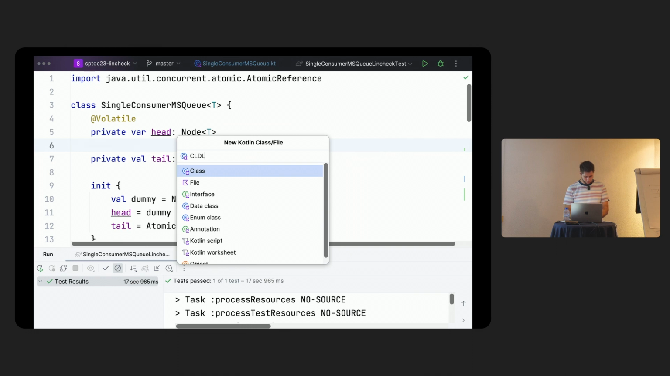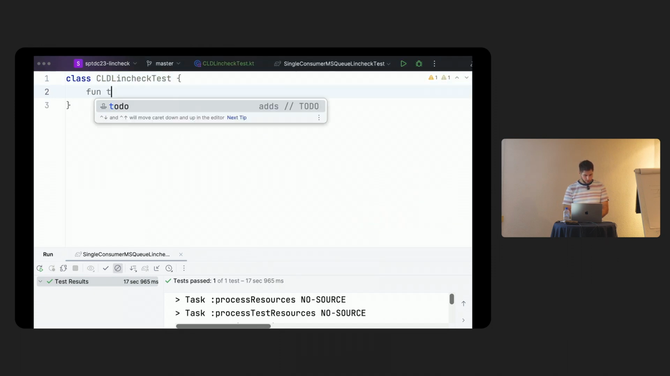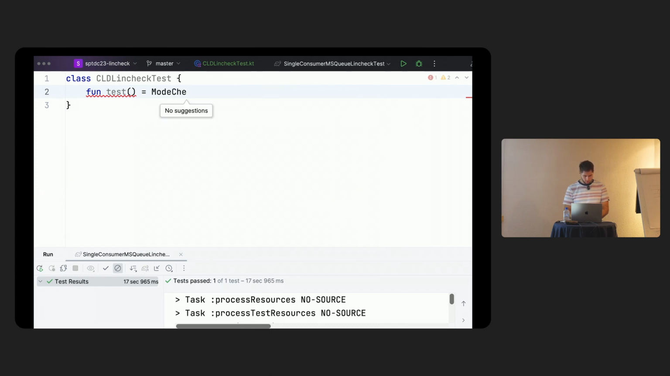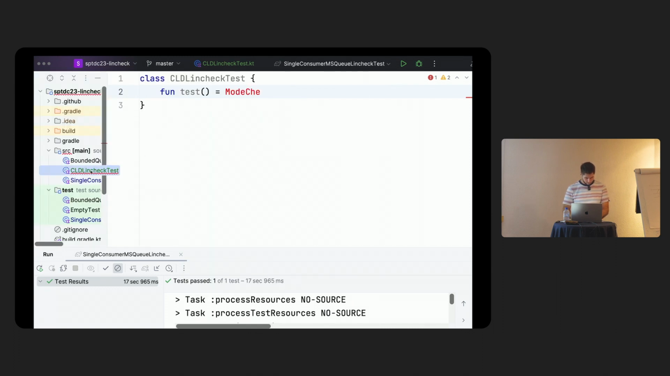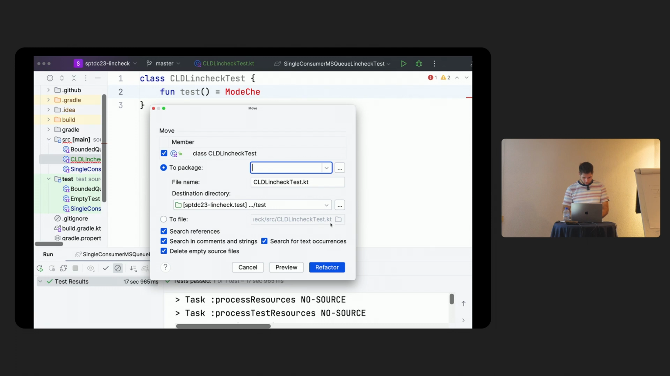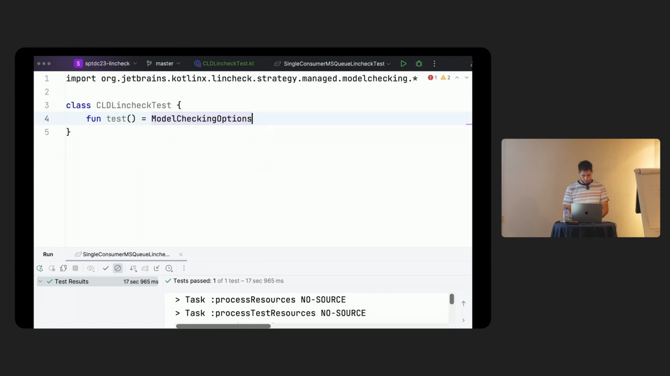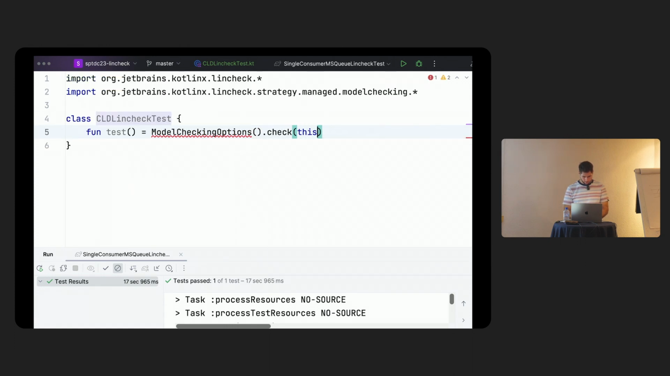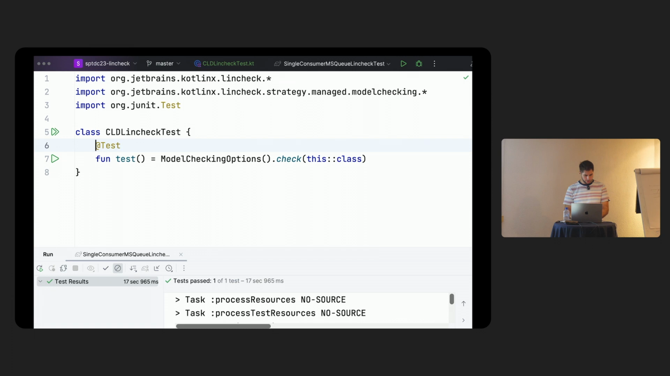Concurrent link deque Lincheck test. Fun test. Oh no, it created it not in the test directory. Yeah, let's move it. Model checking options, check. Okay, so we have that. Now we can run the test. Now we need to